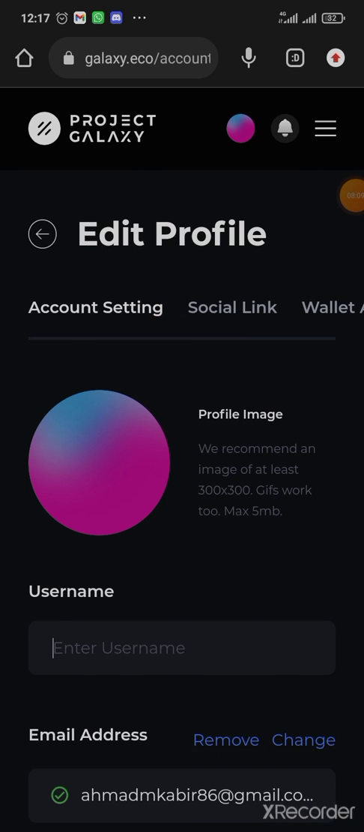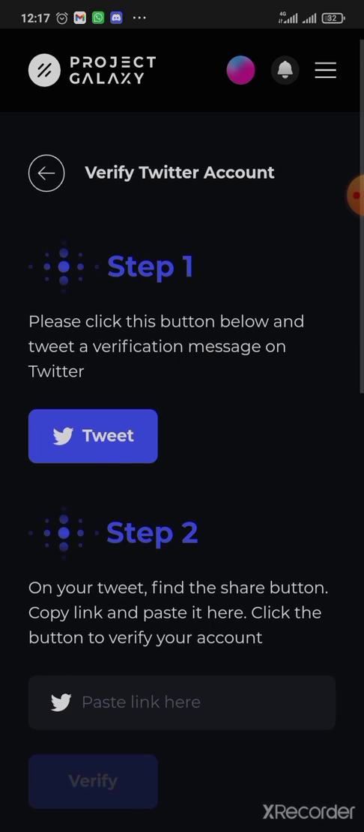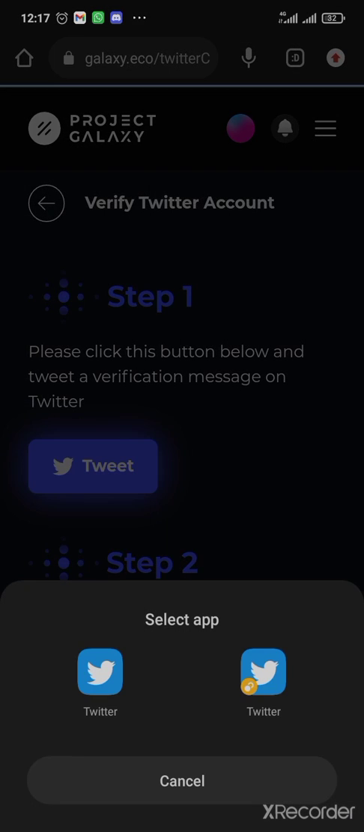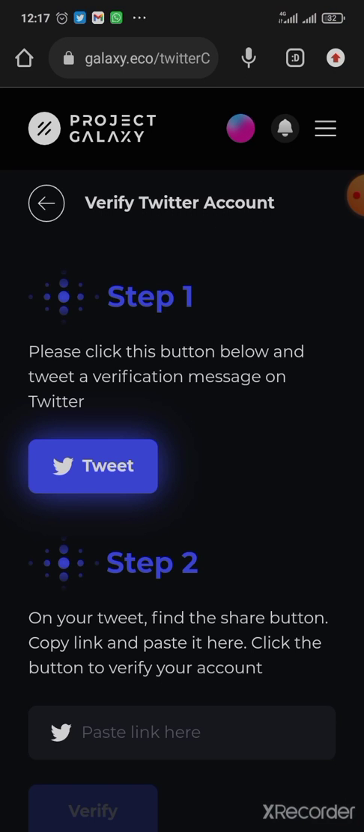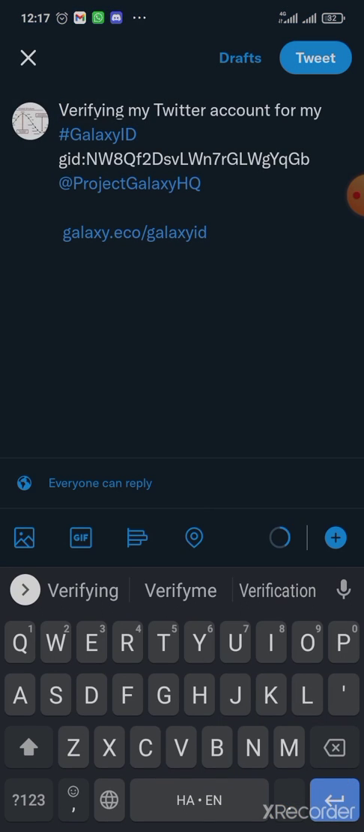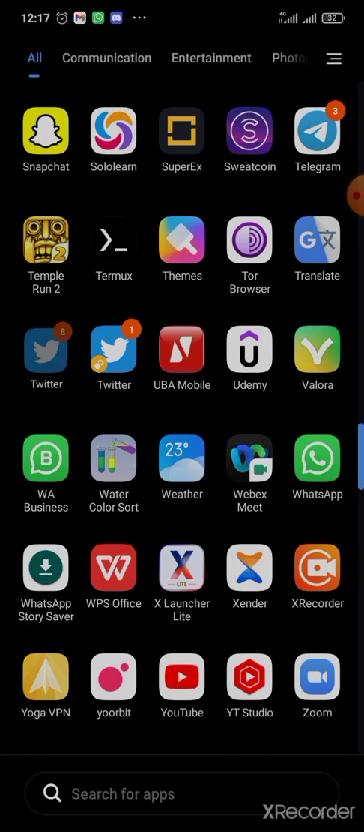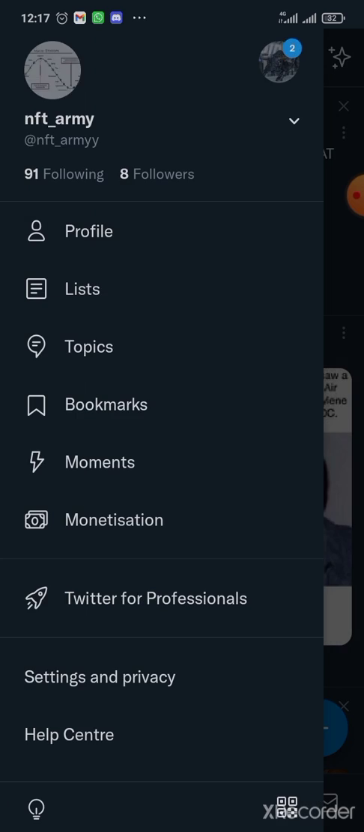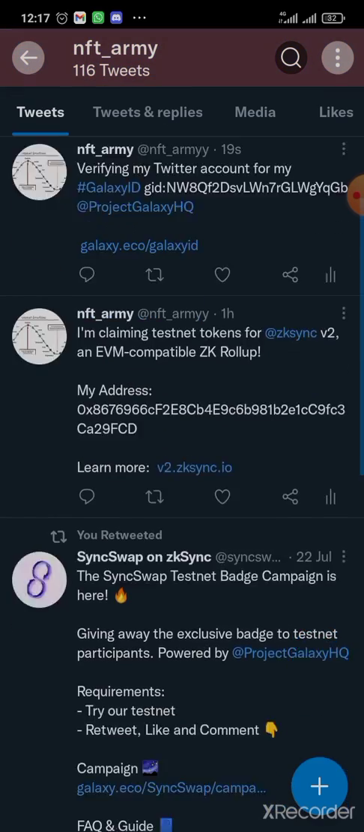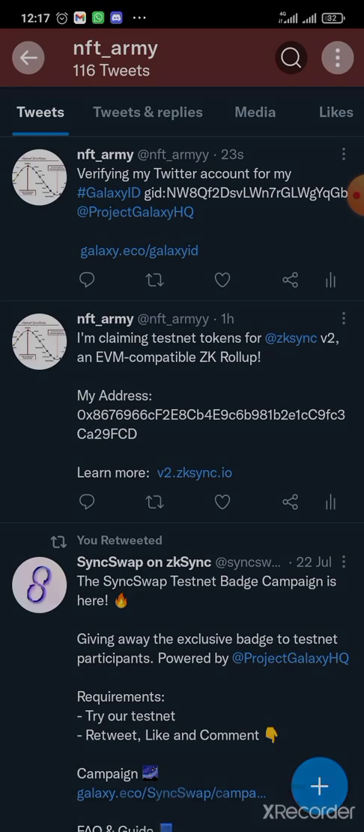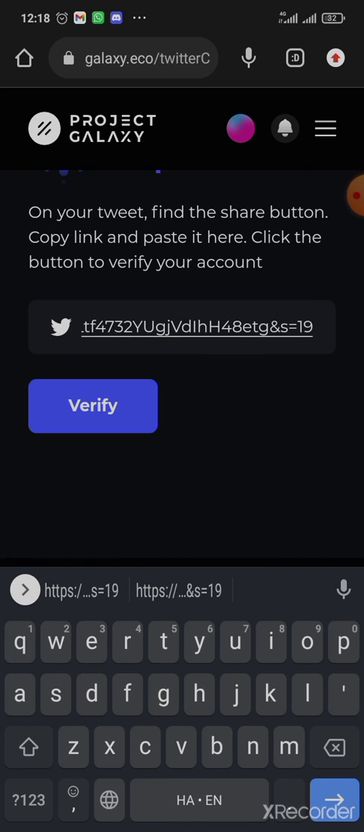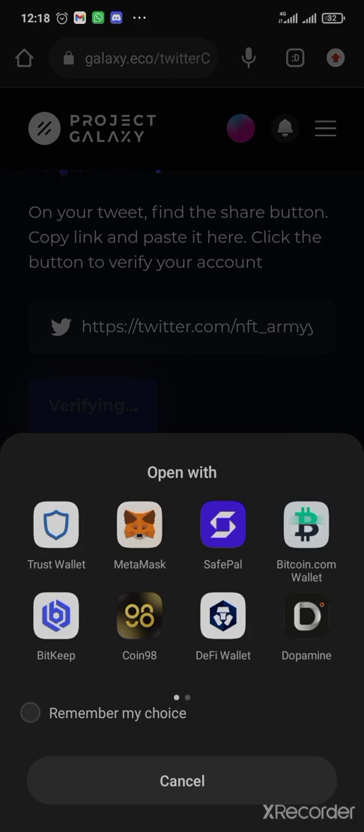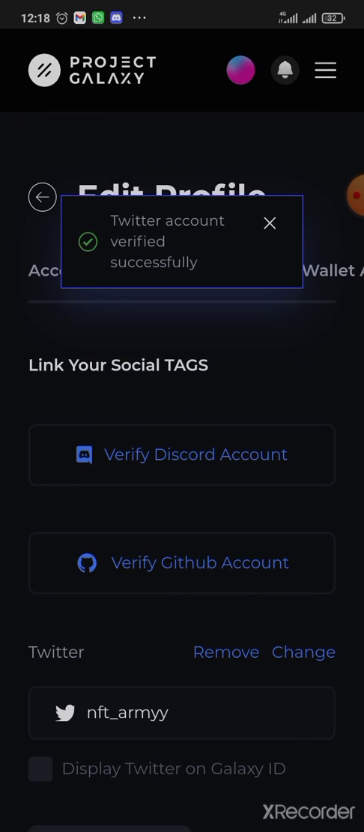social link. After you click on social link, first verify your Twitter account, then click on this tweet and go to your account, then tweet this. After you tweet this, you have to copy the link. Let me enter my profile. Copy this now, copy the link, then go to this place and paste the link. That particular tweet that you just tweeted, you have to copy the link for the tweet, then verify. You have to approve this transaction, and here you go. Now it is already verified. Now we have to do the next one, which is the